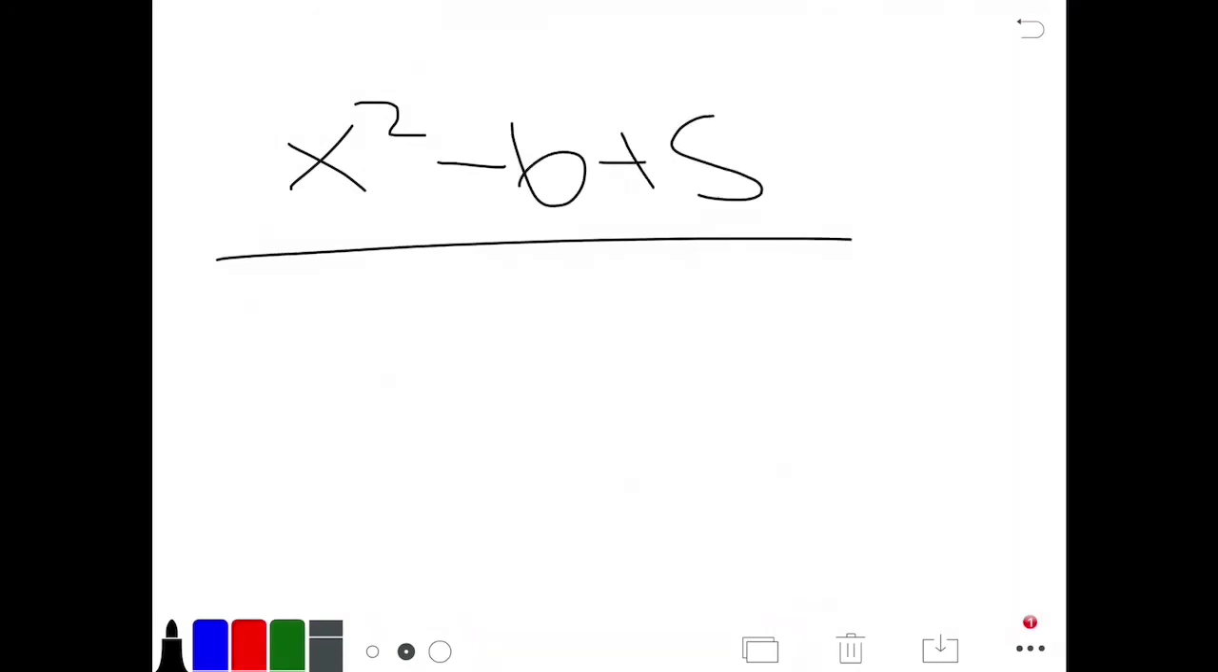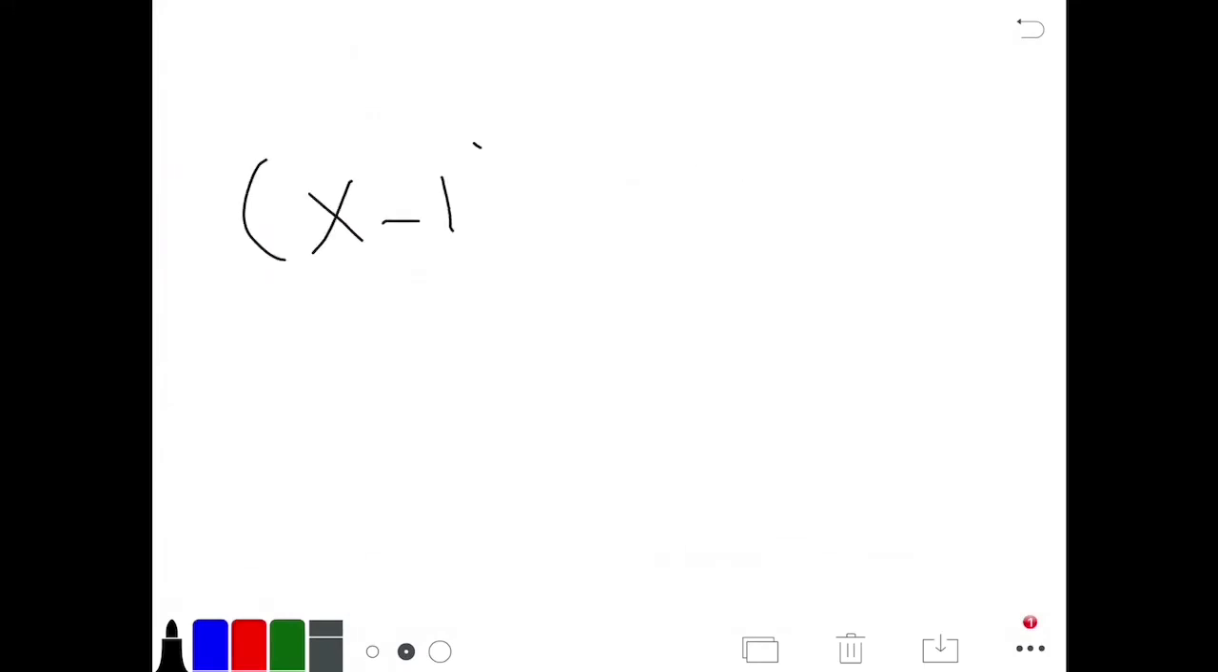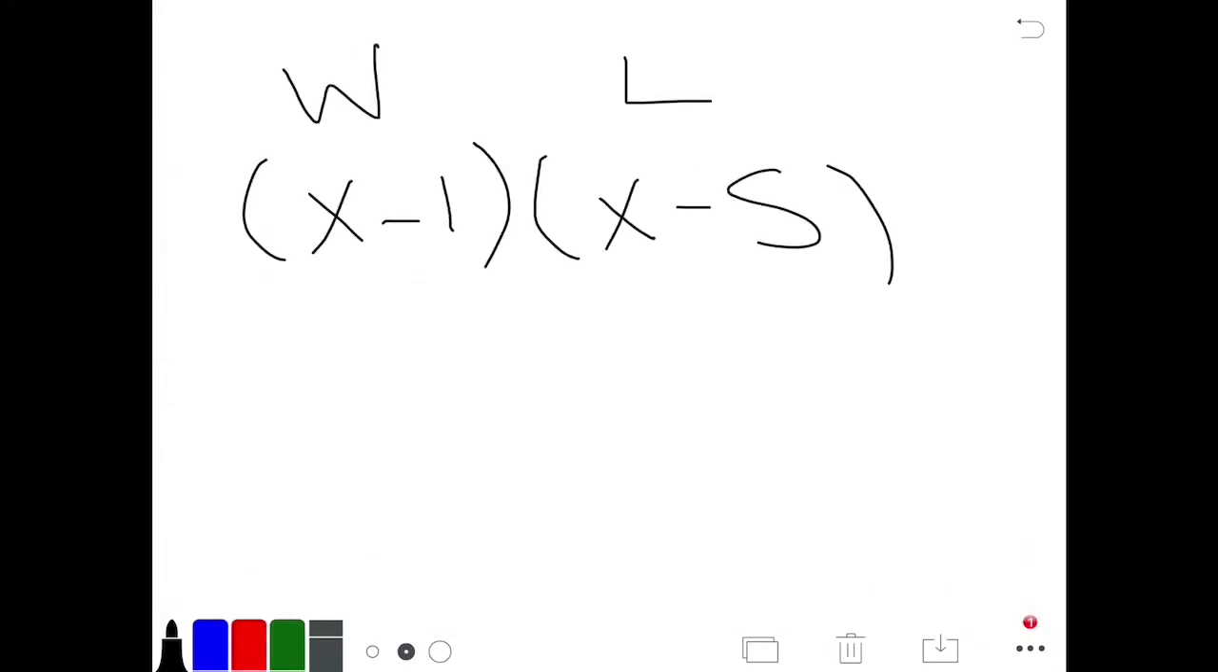This method can also be used for an area of a rectangle. X to the power of 2 subtract 6 plus 5. That is your area. And now you can use the box method that I just taught you to figure out the length and width, which would have been x subtract 1, x subtract 5. Now you have the area equals x subtract 1